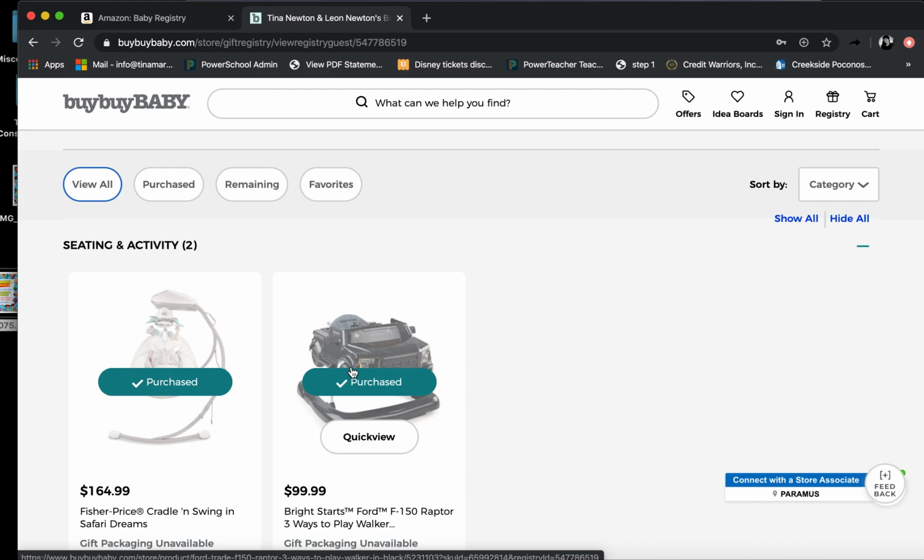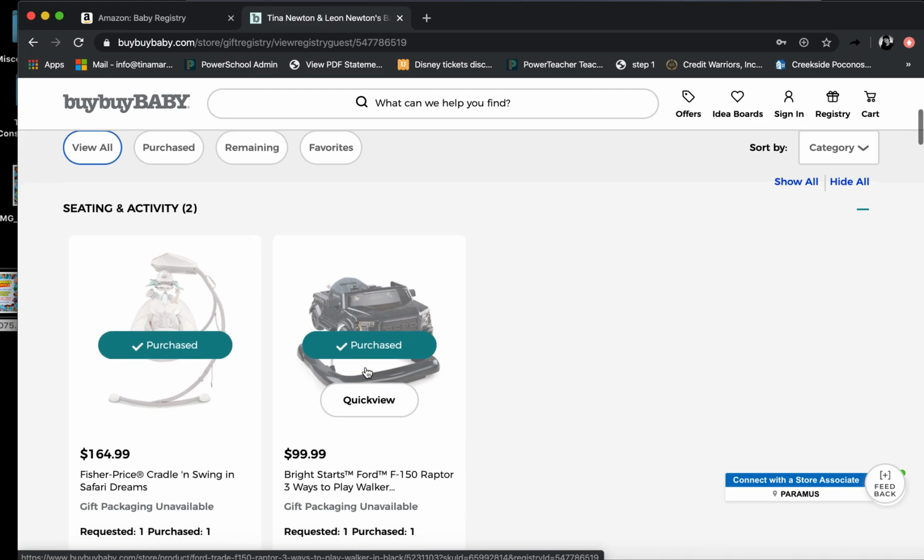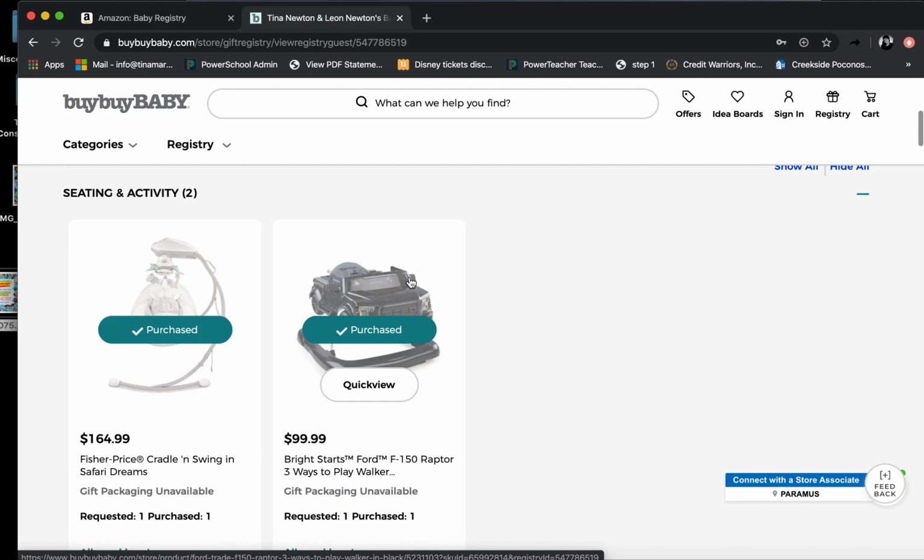We got this walker. He actually really does like it. He's just kind of starting to walk, so we put a walker in there. It doesn't have much room in our house, so I can't wait for this all to be over. I'm hoping I can just sit outside with him. But he does like the walker and it's pretty cool. And this thing turns into three different